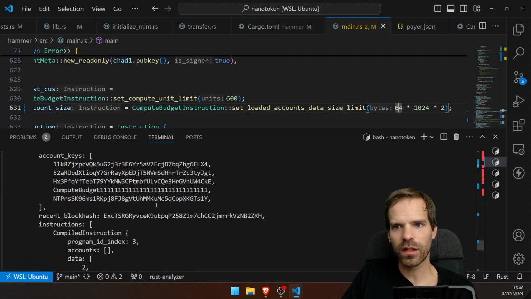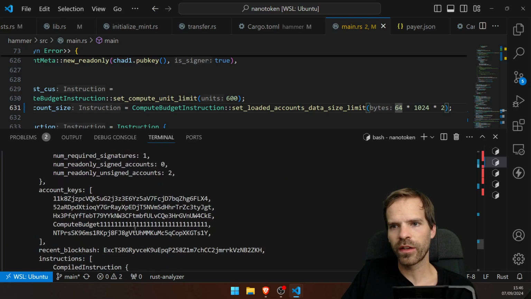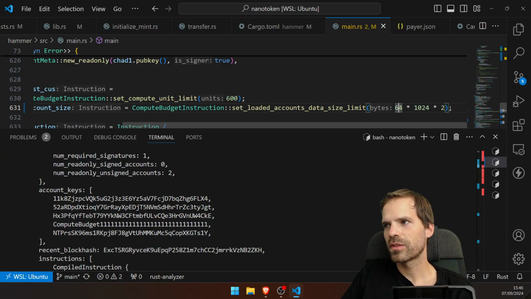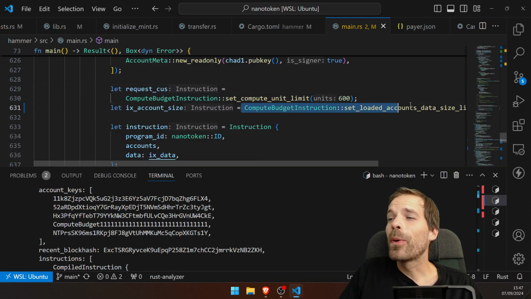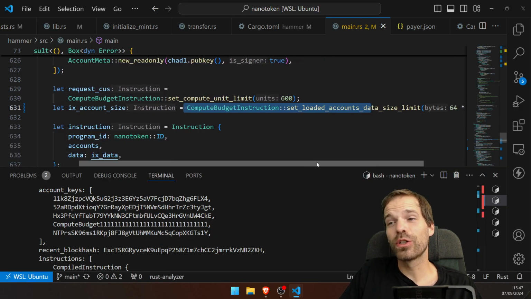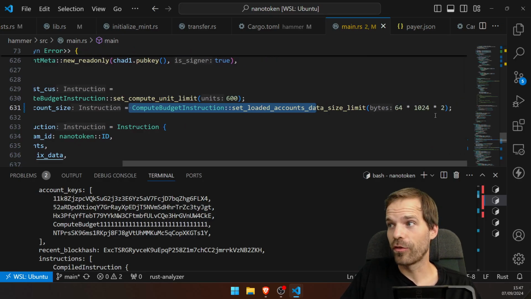We check the instruction. We have 1, 2, 3, 4, 5 accounts. And how many bytes is the metadata for an account? I don't know. But they all don't have that many. 64 kilobytes. Why 64 kilobytes? You know, I'm just gonna leave it like that. And I'm gonna put on my list, this could be a topic for a separate video one day. For now, I'll just